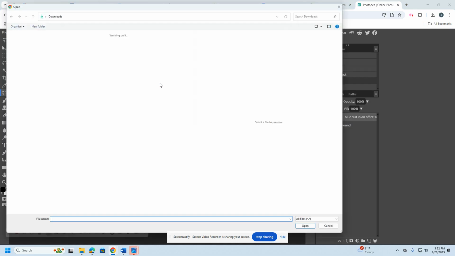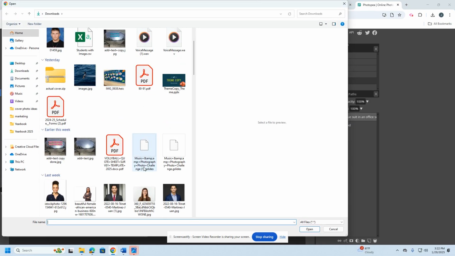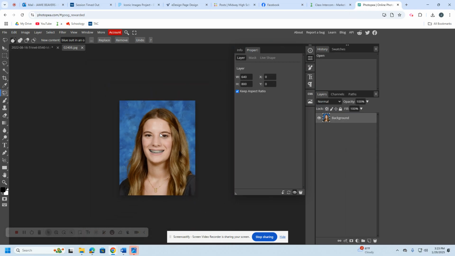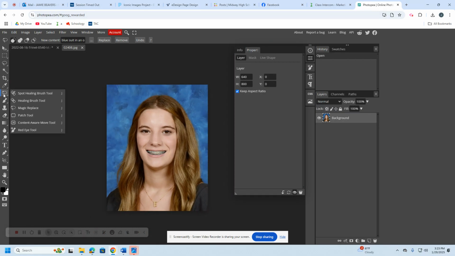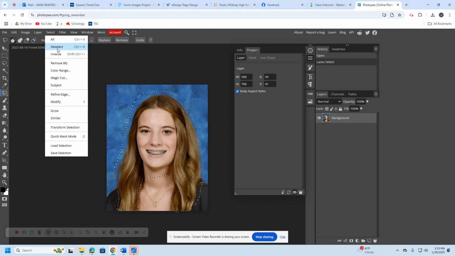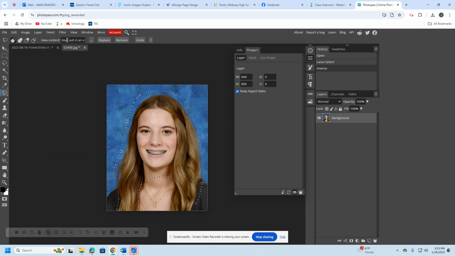All right, let's talk about people with long hair. That can be a little bit more challenging. This is just a random school picture. You're going to do the same thing. Magic Replace. Do your best to go around her hair, neck, and down here. I mean, it's okay. It's not perfect. Always select inverse. I'm going to show you what happens if you don't later. Select inverse. And for this one, I'll put her in a blue blouse